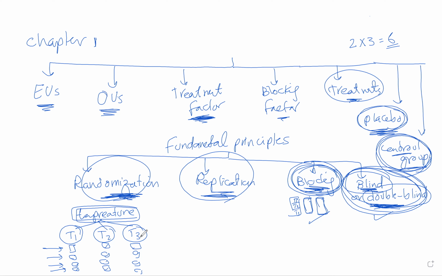Okay, gotcha. So if I were to say that I created an experiment where we determine whether temperature can affect the plant's growth, would you say that temperature would be your treatment factor and that the varying levels of temperature would be your treatments? Yeah, so the temperature is the treatment factor and the three levels are the 3 treatments. Okay, gotcha. Any other questions?